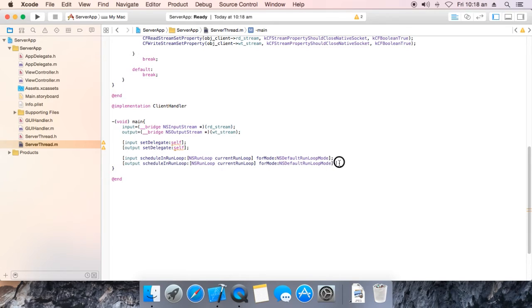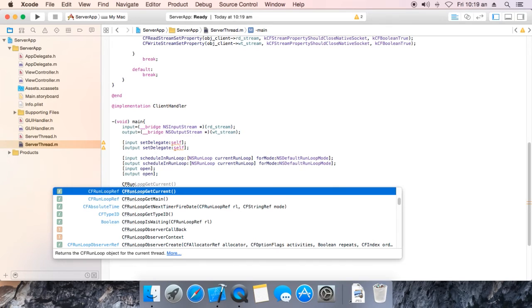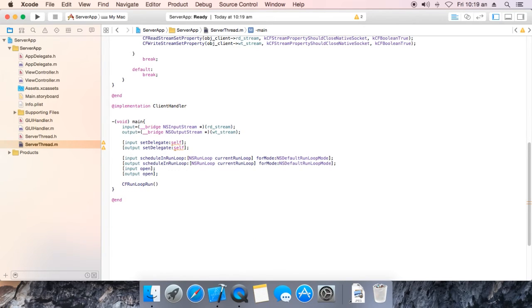Now we are going to open the loops. Input, we are going to open the stream. Open, output, open. Okay, now run the loop. CF run loop run. Okay,